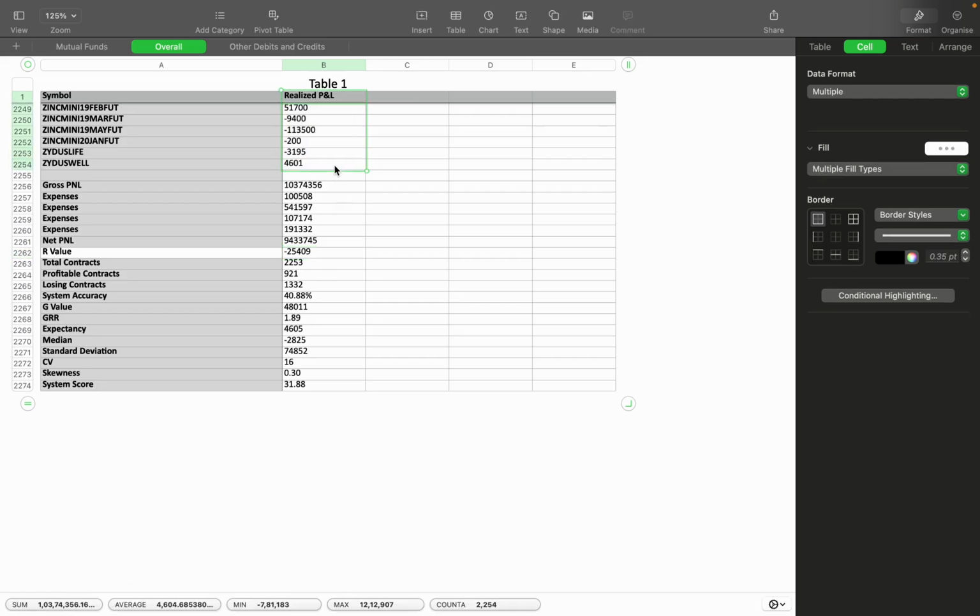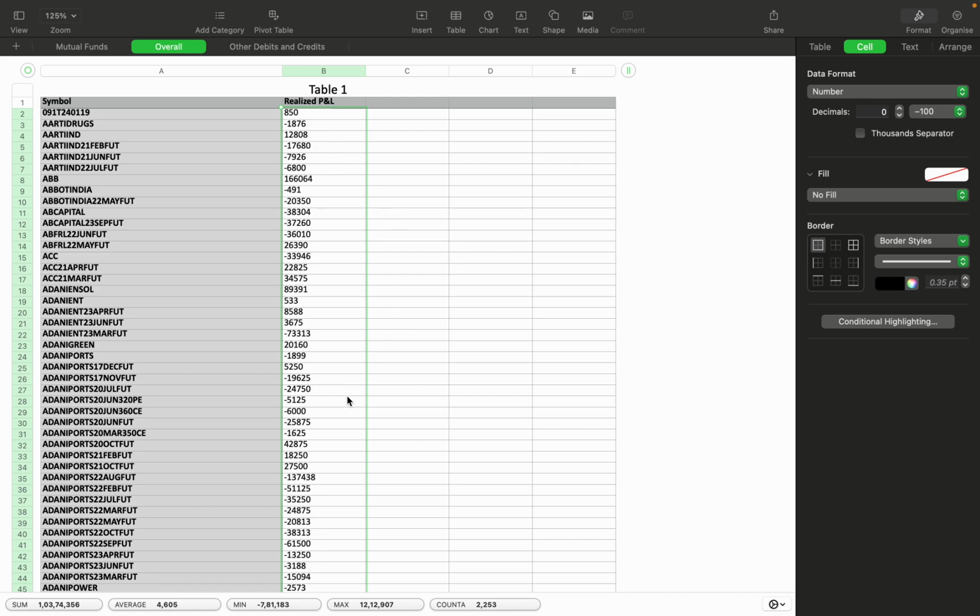And if I were to select all the data points here, now if you look here, we will see the sum of 1 crore 3,74,000, which is looking great. This is our average, 4,605. And now just see this maximum loss, like this is the minimum value in the system, and this is a negative 7,81,000. So which means that even though my average loss is 25,000